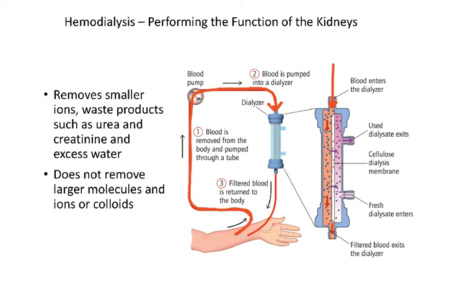It's going to have small ions, waste products such as urea, creatinine, excess water, right? All of that. And what it's going to have here is a semi-permeable membrane, the cellulose dialysis membrane, and being flushed into it will be fresh dialysate, which would be low concentrations of